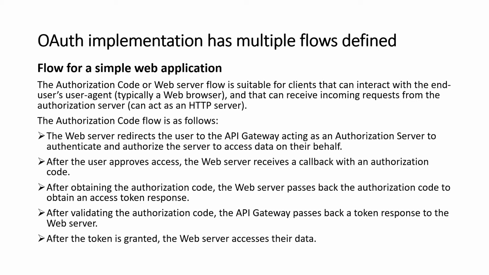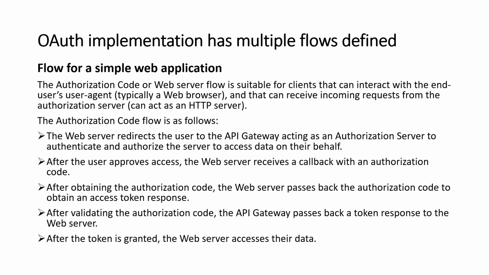Then your web application will come again to the authorization server with that authorization code, which was sent after validating the user credentials. That will be validated in the authorization server. Your web application is going to send that with the client ID, client secret, and other things, and then get the access token response from the authorization server to your client application. Once you get that access token, you can use it with all the requests to get access to the actual resources. So this is the basic flow.